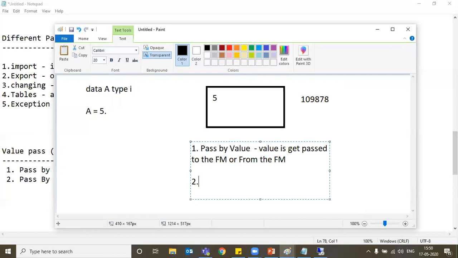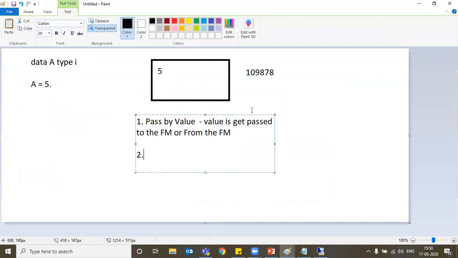Got the concept? That means in this case, in pass by value, what will be passed here? 5 will be passed. Any confusion? Here it will pass only the value 5.